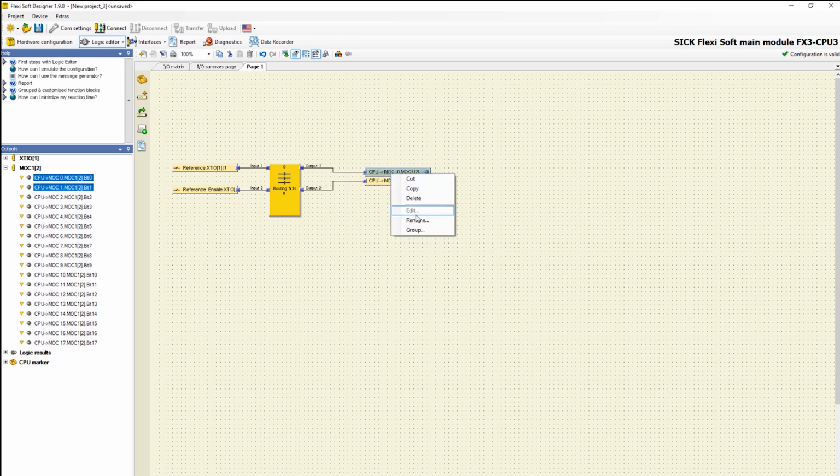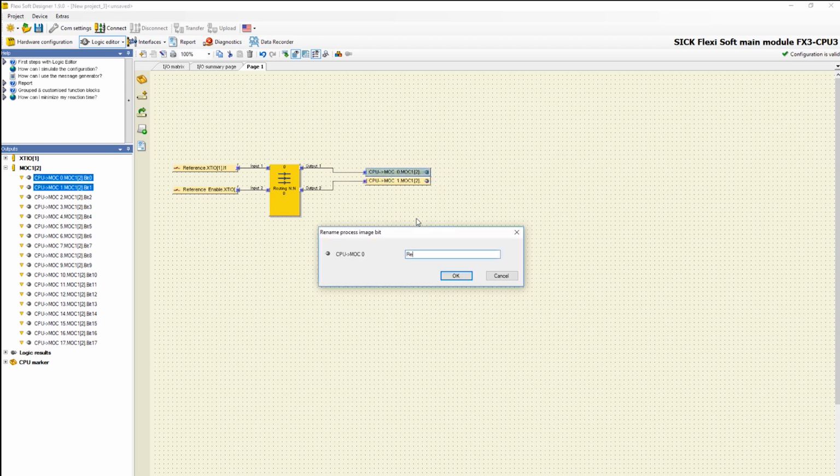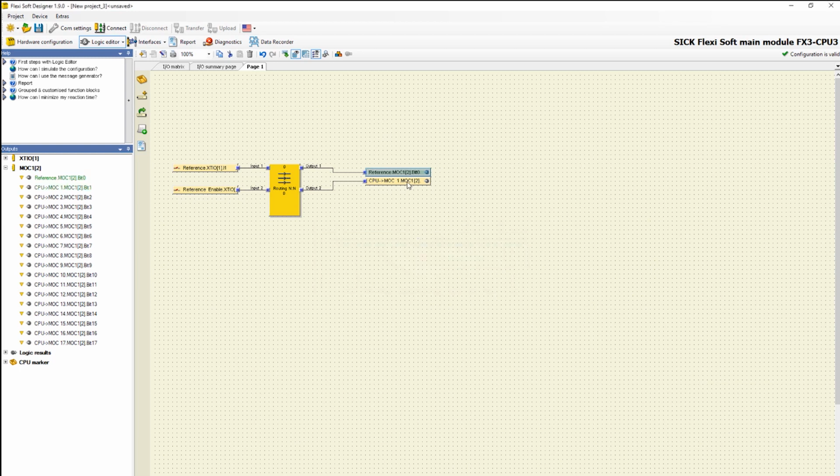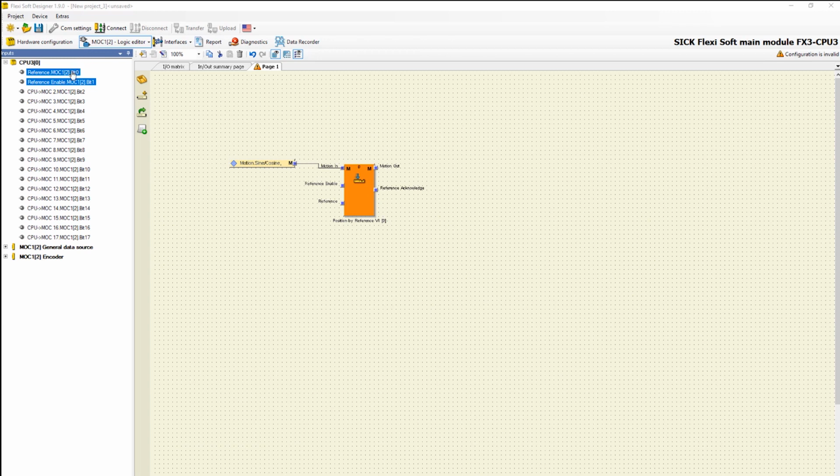To make it easier, we rename the bits. After that, we switch back to the Mach1 logic. We can find these bits in the tab Inputs and put them via drag and drop into the main area.